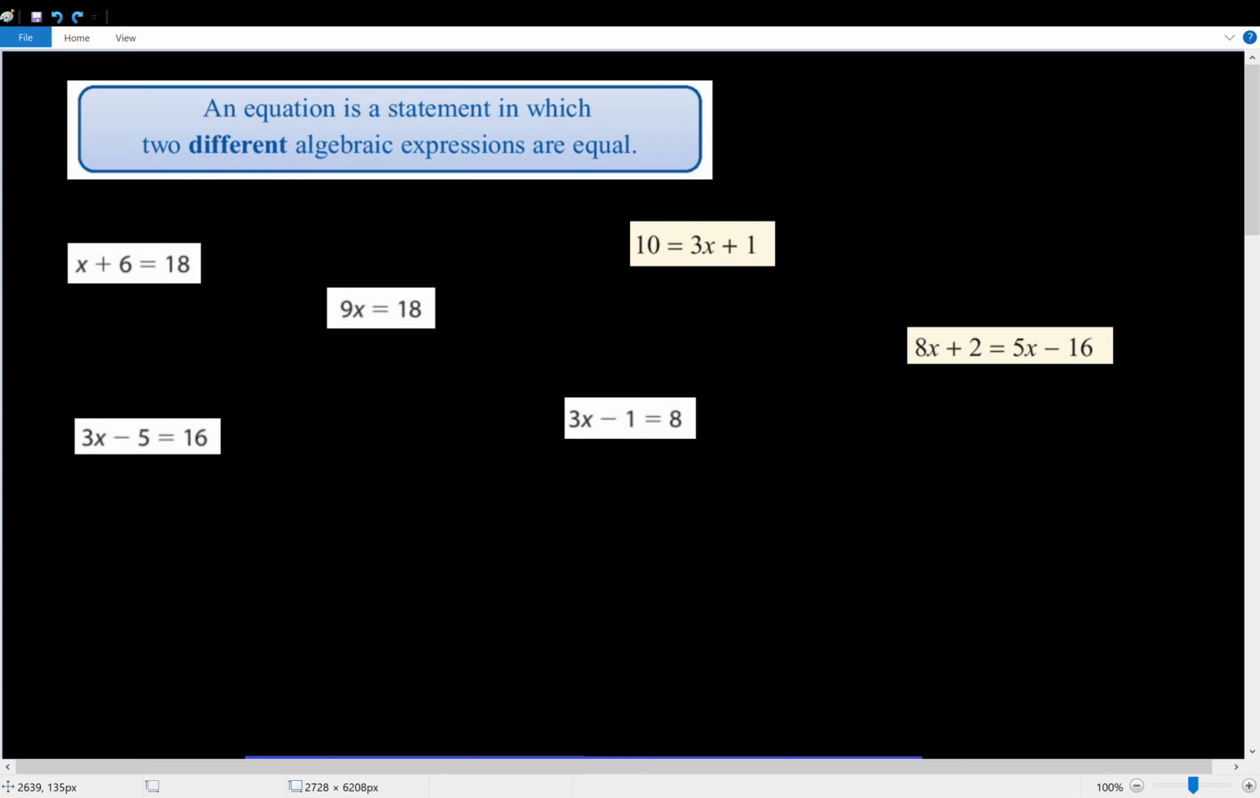In this video, we're going to talk about equations in algebra, and most specifically linear equations in algebra. So an equation is a statement in which two different algebraic expressions are equal. And we can see here on the screen there's a few different examples of equations. In each of these particular equation examples, x is standing in for some number, and if we knew the value